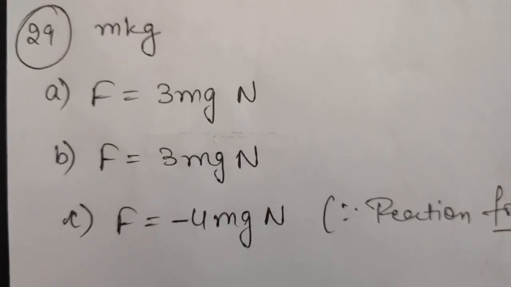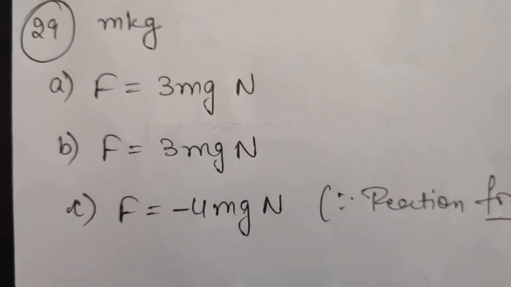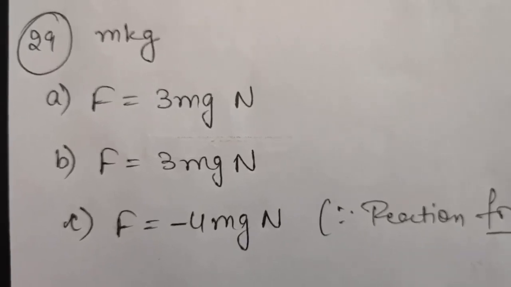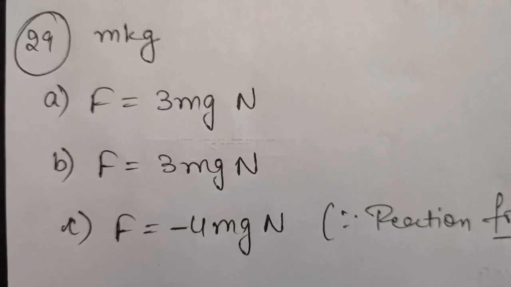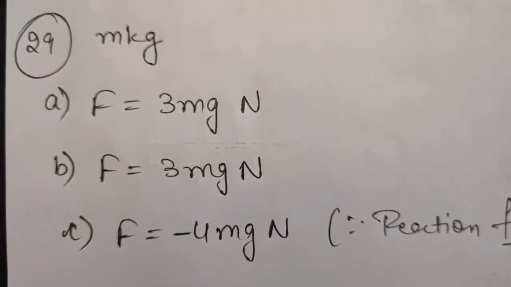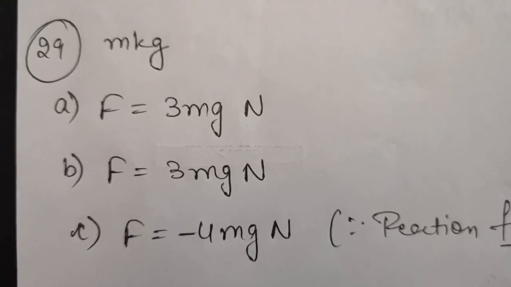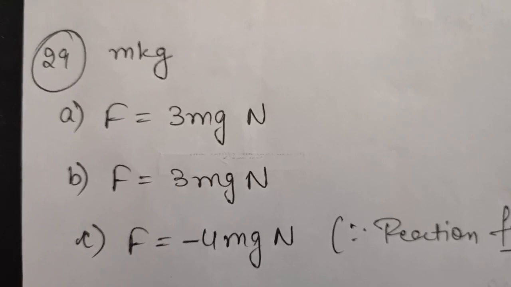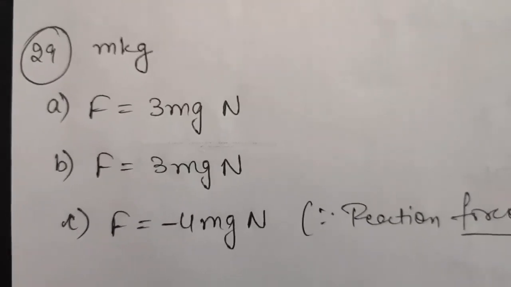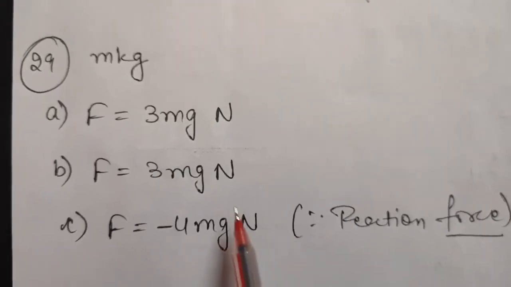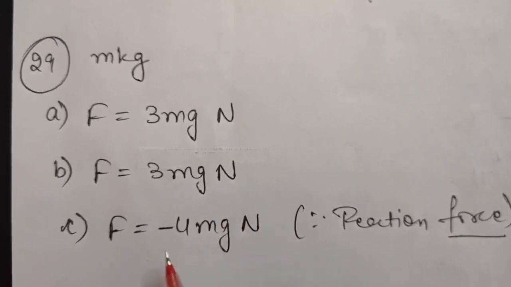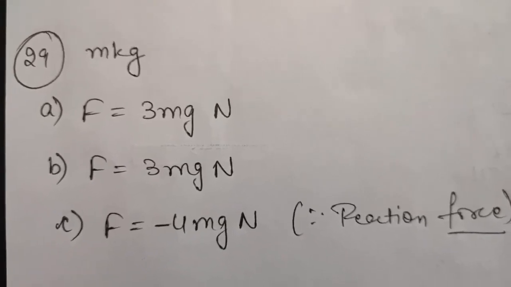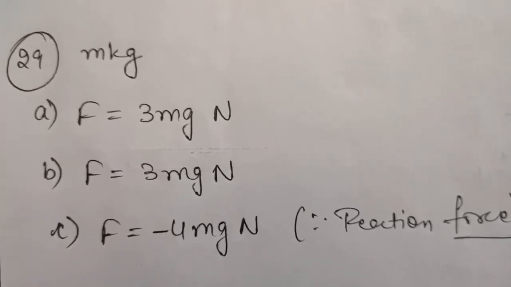In the third part, it is saying what is the reaction of the 6th coin on the 7th coin. Okay, so now if you see for the 6th coin, upwards there are 4 coins, that is 7th, 8th, 9th and 10th, and all of their weight, that is 4 mg, is acting in downward direction. Therefore there will be a reaction of the 6th coin on the 7th coin in upward direction. So the reaction will be upward and the magnitude will be minus 4 mg Newton. So minus is nothing but it is showing you the opposite direction, that is upward direction, because weight is acting downward, reaction will be upwards.